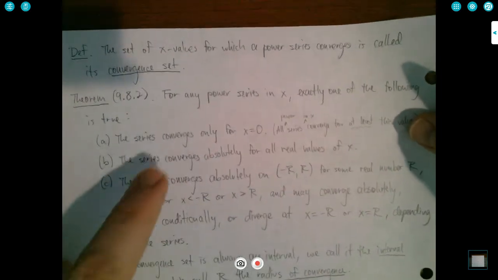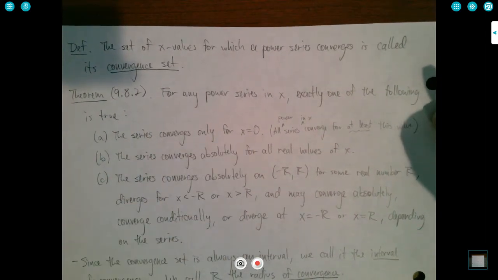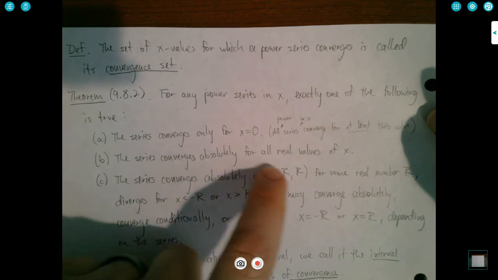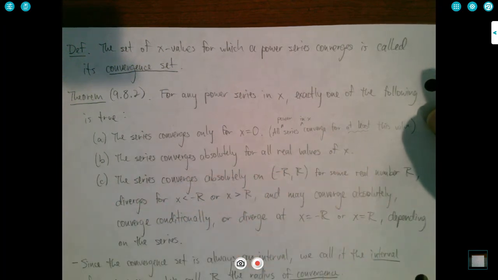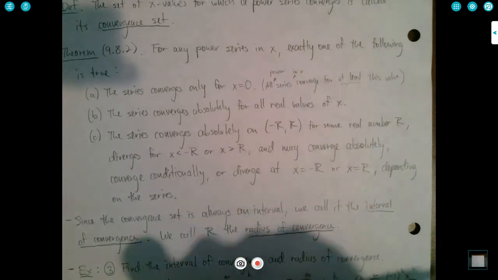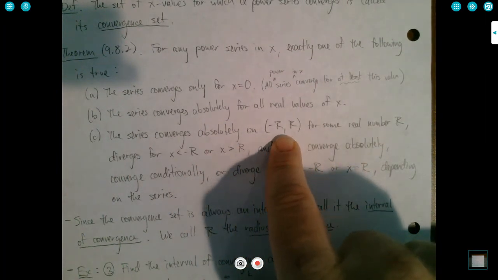So the series converges only for x equals 0. That's one possibility. Another possibility is that the series converges absolutely for all real values of x, right? So no matter what you plug in for x, the series will converge. So that's another possibility. And then the third possibility is that the series converges absolutely on a certain interval,